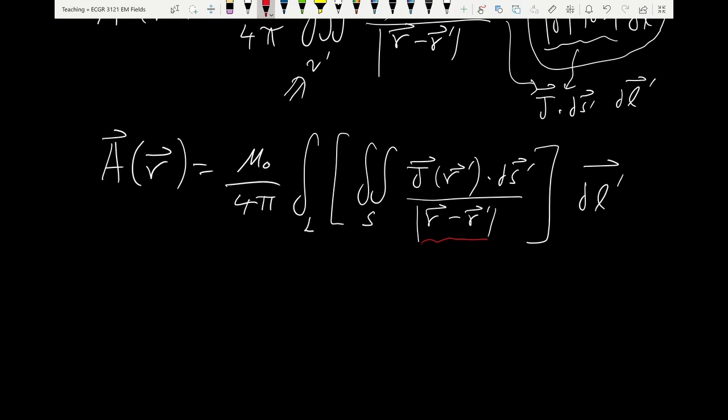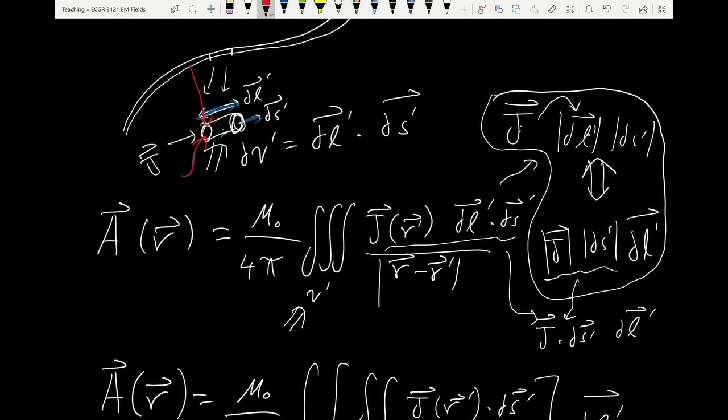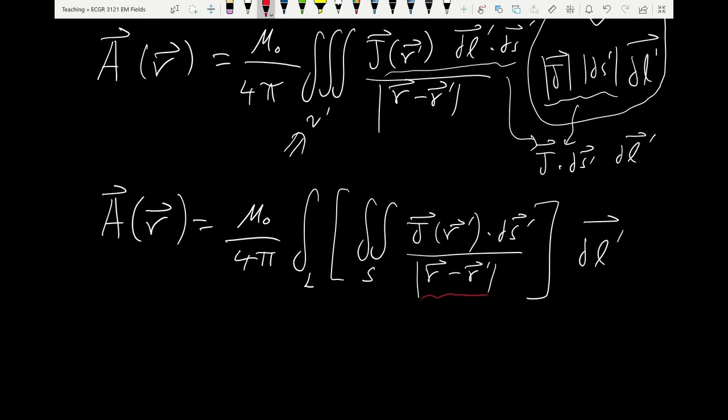What happens when you integrate J over a cross-sectional area? You get I, right? The cross-sectional area, of course, is the wire, the conductor. We are assuming that it's a very thin conductor, so because it's very thin, approaching zero, as we move across its cross-section, r doesn't vary much. We can take it out of the integral, and then I'm taking the surface integral of J over the cross-section of the thin wire. That gives me the total current I. This is the logic. So I end up with the total current I, which I can take out,